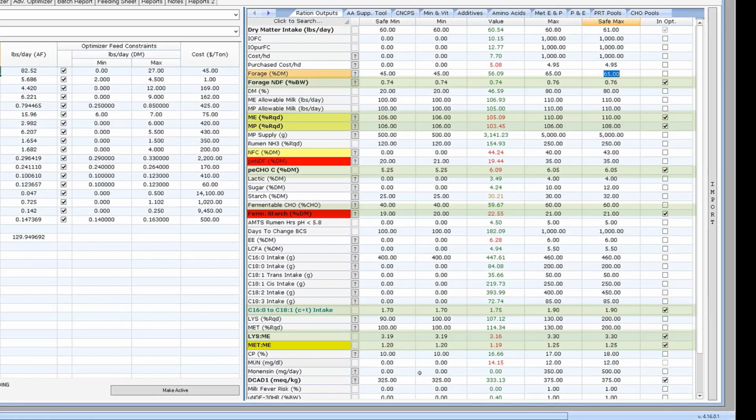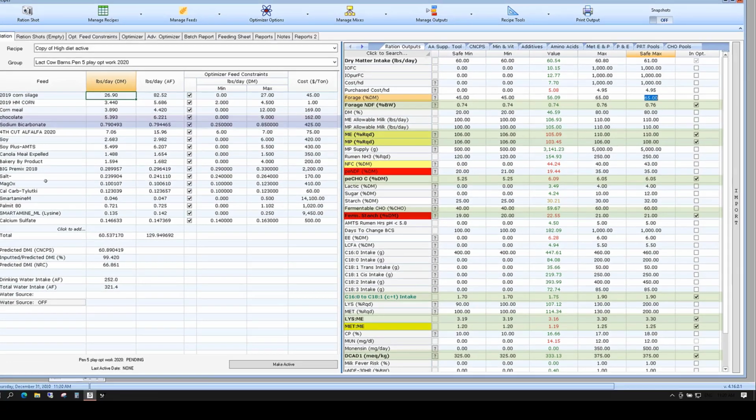The only other constraint I have here is DCAD. And you can see I've got a minimum of 325 and I'll let it go up to 375. If we look at that in relation to my ingredients, you'll see I don't have any potassium sources. So all of that DCAD bump is going to come in the form of bicarb, of sodium sources.